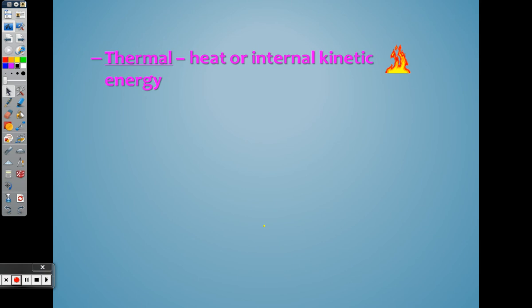Now, if you guys want to get rich, I have everyone's attention immediately. Come up with a machine that produces zero thermal energy. That will produce zero heat, yes. A machine that produces zero heat. That's right. The reason is because all machines have moving parts, and anytime you have a moving part, you have friction. Anytime you have friction, you have heat, and that heat's wasted.